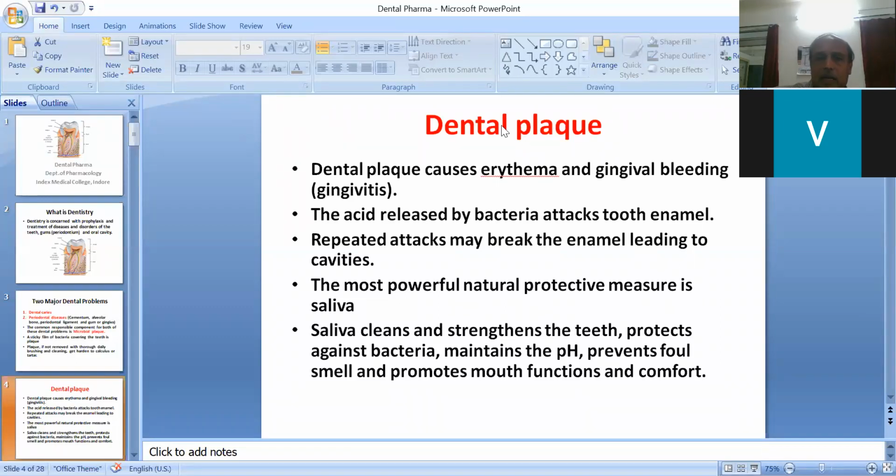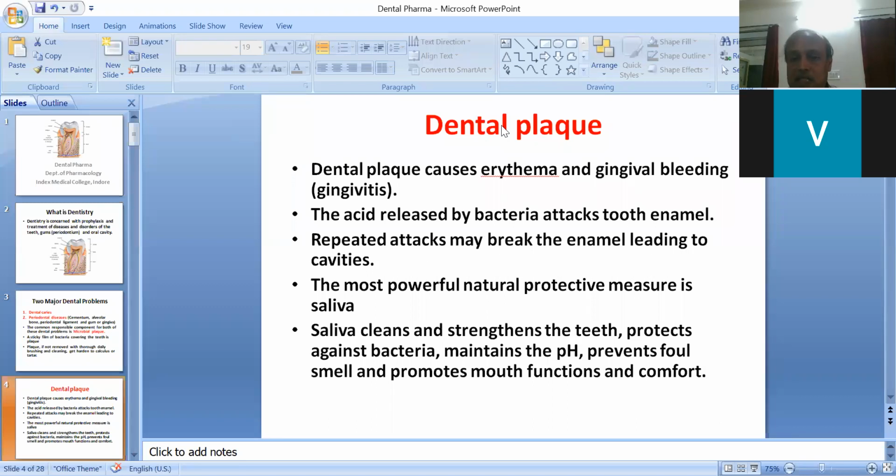Dental plaque causes erythema and gingival bleeding, which is also referred to as gingivitis. Why does this occur? The film of bacteria covering the teeth releases acid that attacks the tooth enamel. The repeated attacks may break the enamel, leading to cavities, and the most